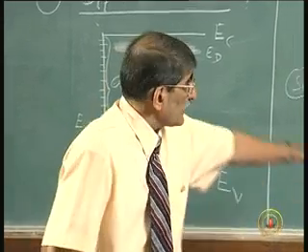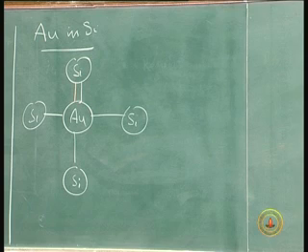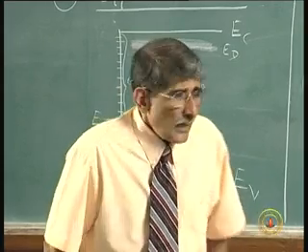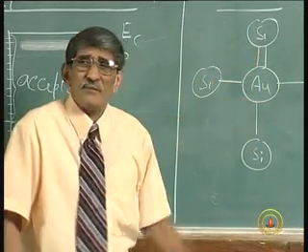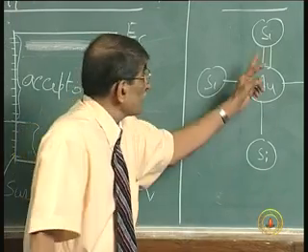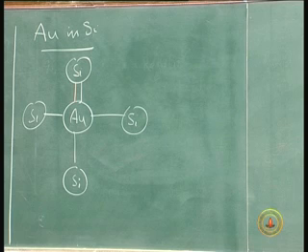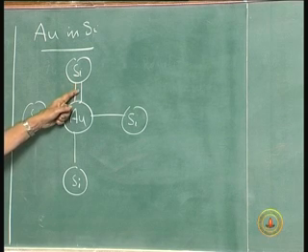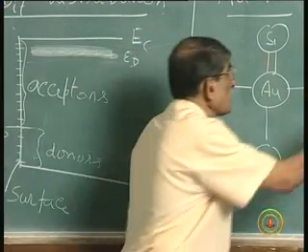If this is a silicon atom and I break the bond and donate the electron to the conduction band, how much energy was required? 1.1 electron volts. Now, this gold atom size is different, so the energy required is not exactly 1.1. If it is a donor, it would require less than 1.1 electron volts, not 50 millivolts and all that. You cannot break this with very small energy, because it is not the 5th electron of the donor of phosphorus. So, what happens now is